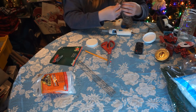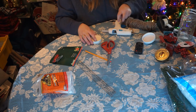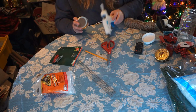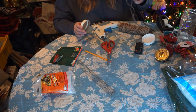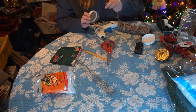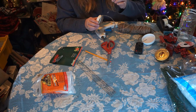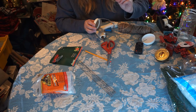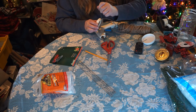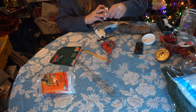So let me just grab a nice, okay, this is easier because I'm not doing it through. So let me just, now be careful guys, hot glue guns are hot. In case you didn't know, I'm burning myself like a crazy fool today. It is ridiculous. Okay, so let me just put this down. This is a former this thing here. It used to be flowers. I cut them off and used them in a project, and now it's my kind of like anti-burning